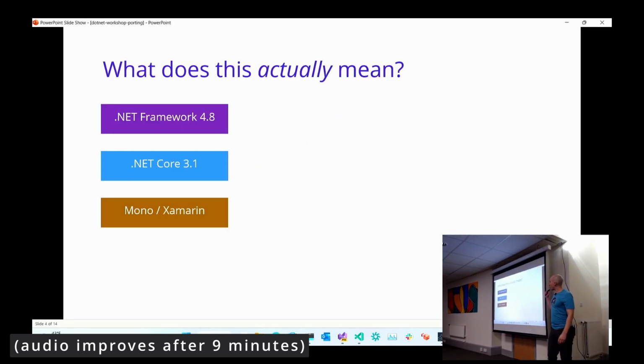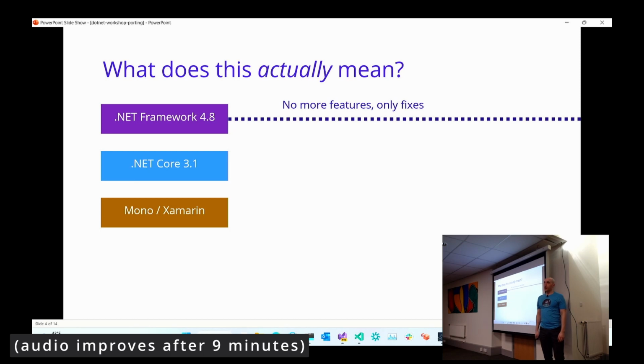What does this actually mean? So if you are building a .NET Framework application today, and you pay attention to .NET Conf, or you go to NDC London, or any other event, and people are talking about Blazor, and Maui, and all these cool things, you don't get to play with any of those things. But you get one thing that's very, very important if you're on the latest version of .NET Framework, which is support from Microsoft. And why do you think that the latest version of .NET Framework has support from Microsoft?